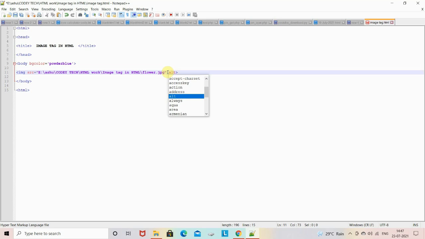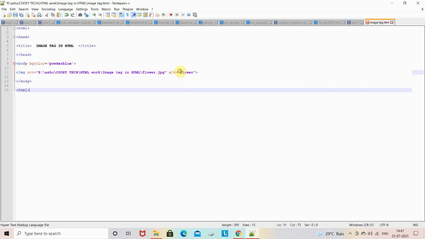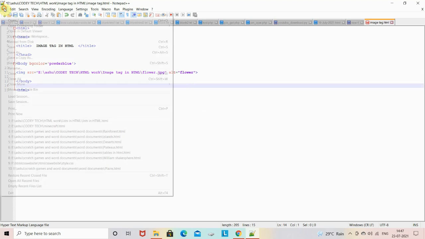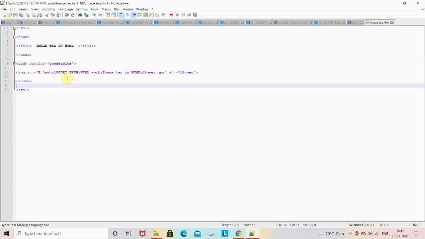So for example, I will write the alt attribute equal to, within double quotes, flower. So if the browser is unable to display this image, then it will show the text flower. I will save this and see. As you can see, there is no text because the browser has already inserted my image. So this is one another attribute.